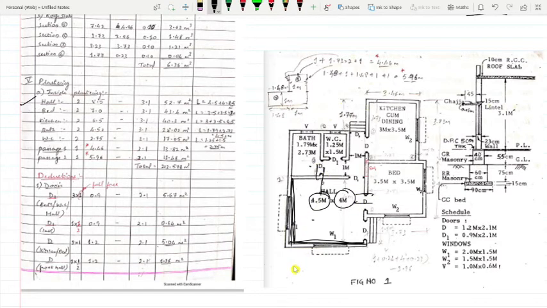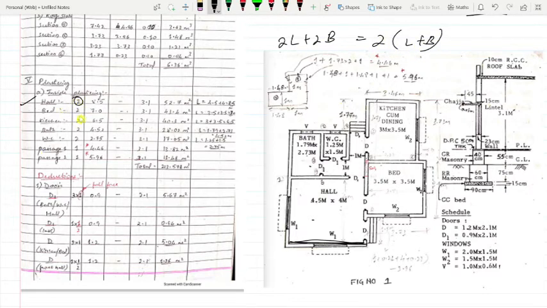So he has taken it twice. It is simply like calculating the perimeter, 2L plus 2B. So he has taken 2 common, L plus B, multiplying 2 everywhere. Got it? Yes. Again 8.5 meter, you understood why.